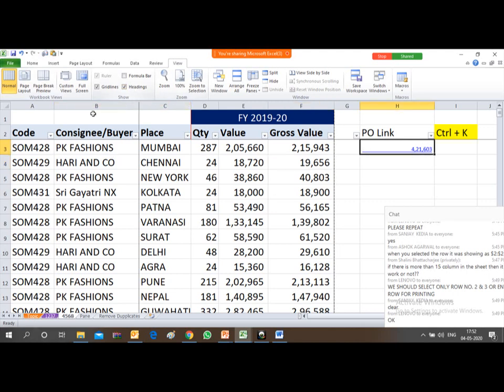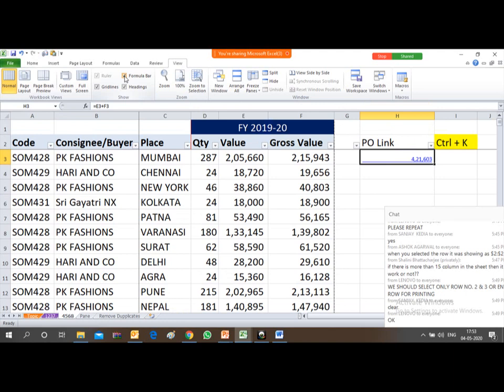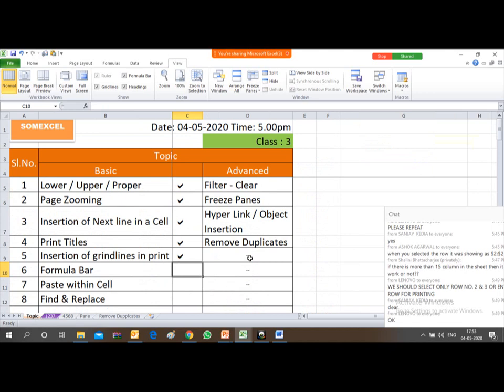So I go to View and just put a tick over here. As soon as you put the tick, the formula bar appears. Friends, it's just a small function, but it sometimes creates huge difficulties for many. So hope this is also clear to you.